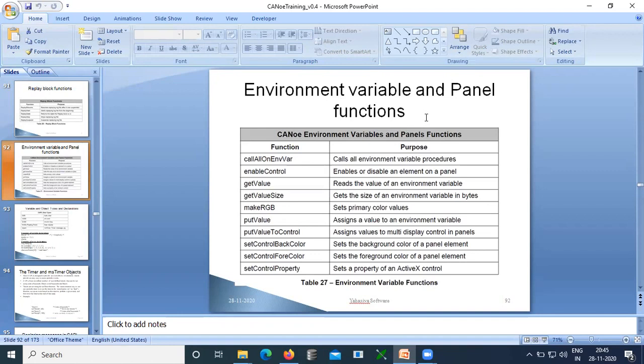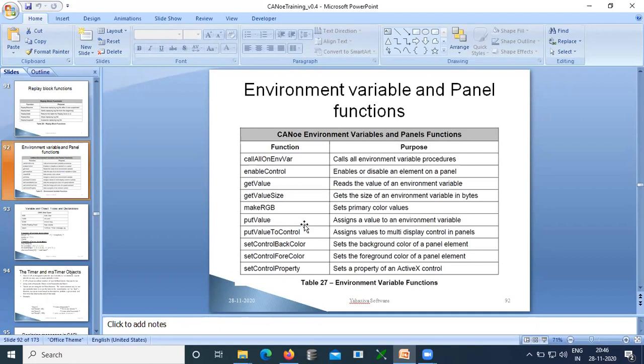Okay, to access these EV variables in our CANoe configuration, we have two functions. When we want to read some value from those EV variables, we have to use the function get value. It will retrieve a value from an EV variable.